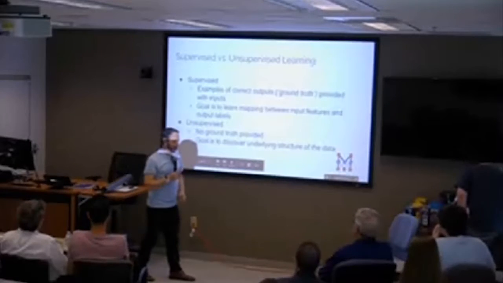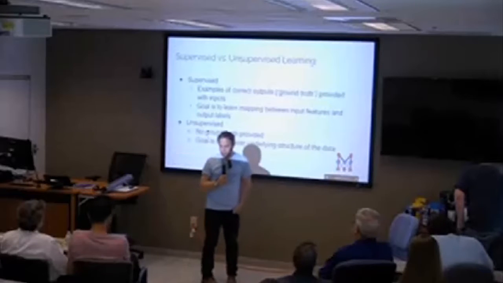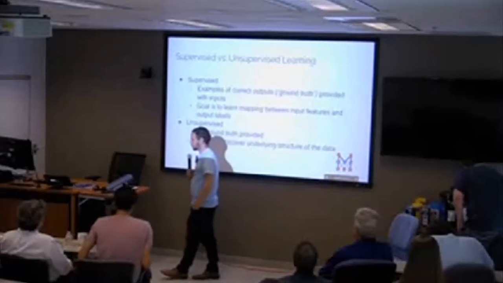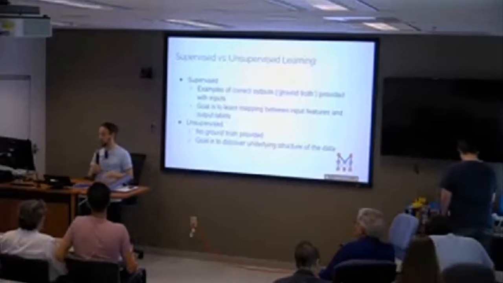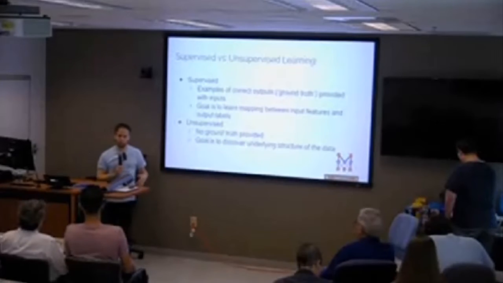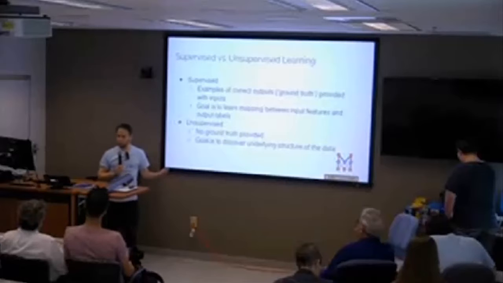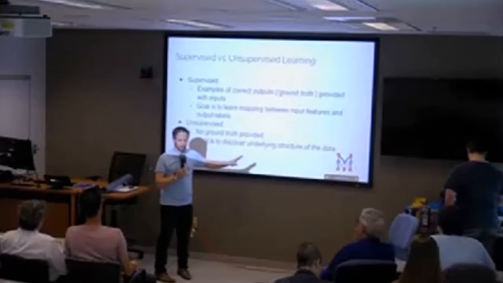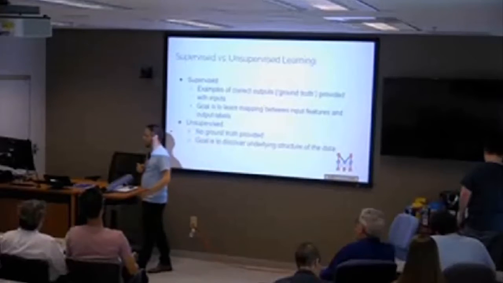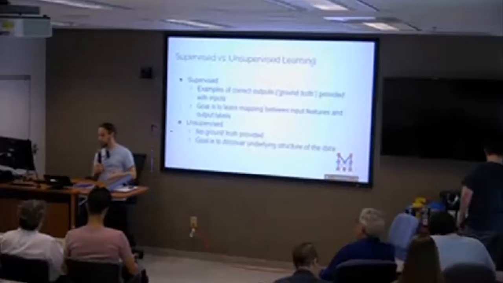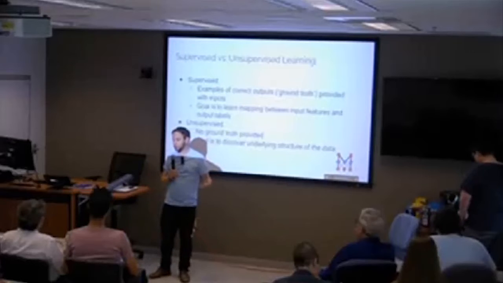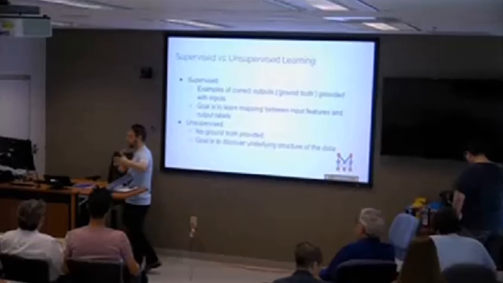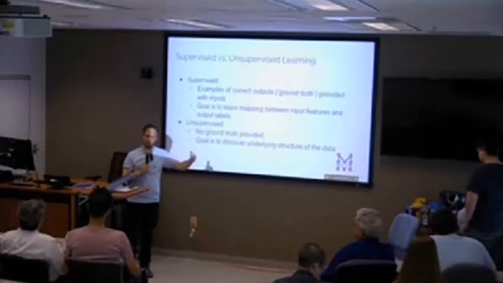But there's a whole other class of machine learning called unsupervised learning, which we haven't discussed in any real detail yet, where you're not actually providing a model with any ground truth, which makes me wonder, well, what do you want it to learn? So the goal essentially is to discover underlying structure of the data. There might be some underlying structure that, for example, there might be categories that are there, but you don't know the labels, right? So, look around the room today, we could cluster up into different groups, maybe by age, or